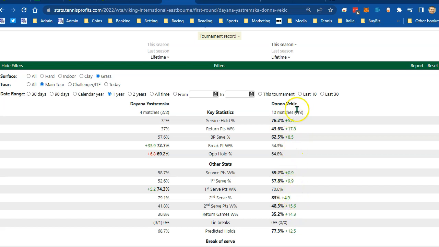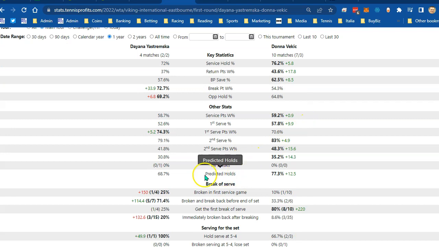This is a new statistic that we've added, predicted holds. It's kind of a calculated metric. It's a bit like expected goals for tennis. It's quite an instructive metric. It's quite an interesting one that we're pretty excited about, actually. And in this case,